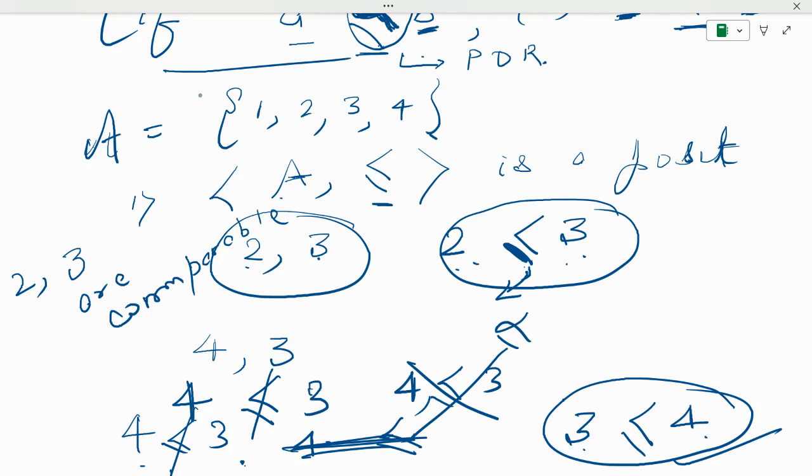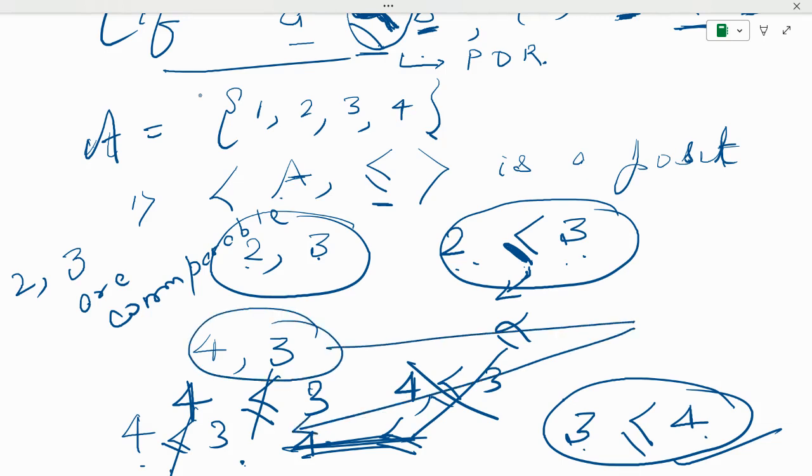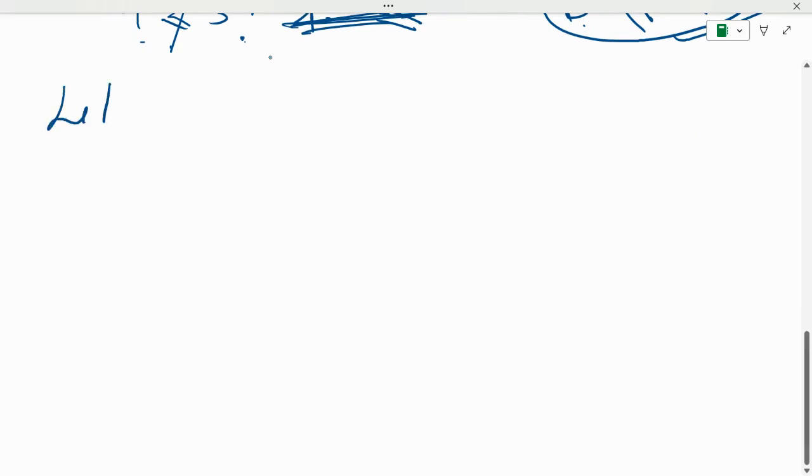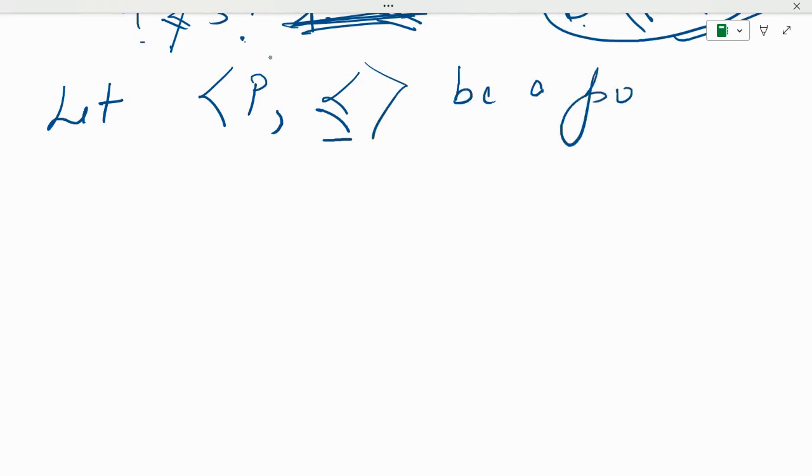So if we have 4 and 3, we have to consider both scenarios, right? And if you see in the definition, it is not saying "and", it is saying "or". So you have to remember that we are checking "or": either A is comparable to B or B is comparable to A. So let me clarify this part again: if P is a set and this is a partially ordered relation over P, and this together is a poset,